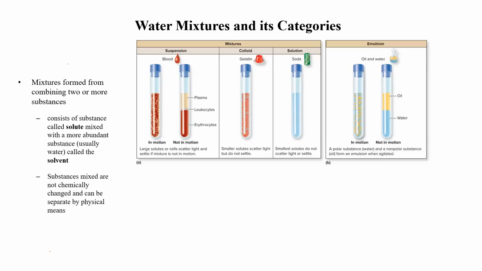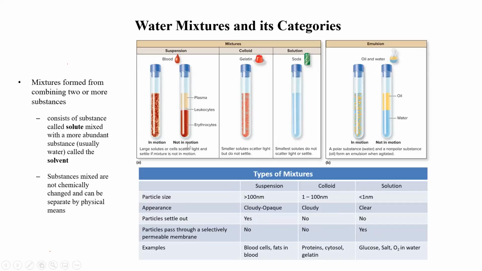So depending upon the size of the particles that are suspended within a certain body fluid, you can have suspensions, colloids, solutions, or emulsions. So let's walk through them a little bit, and let's use the example of blood. Blood is made up of blood cells. Leukocytes are white blood cells, and erythrocytes are red blood cells, and they're suspended in plasma, which is about 0.9%